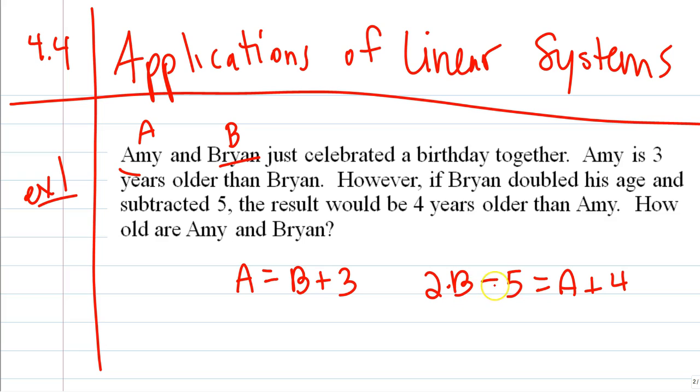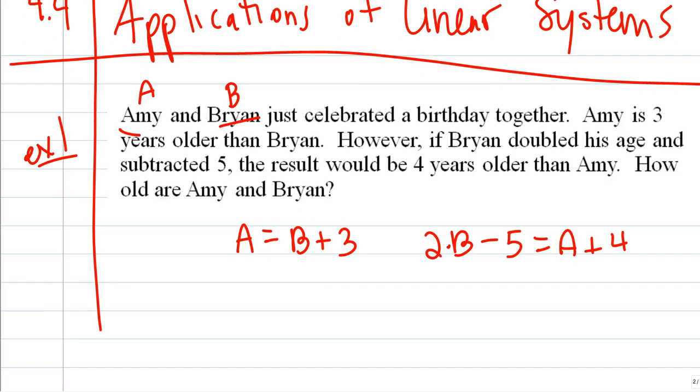Brian doubles his age and subtracts 5. The result would be 4 years older than Amy. How old are Amy and Brian? Okay. This, I can use any method I want. We could hypothetically graph these and find out where they meet, the A and B that they have in common, and we could solve for their age. But this to me is screaming method 2. Why is it? Well,